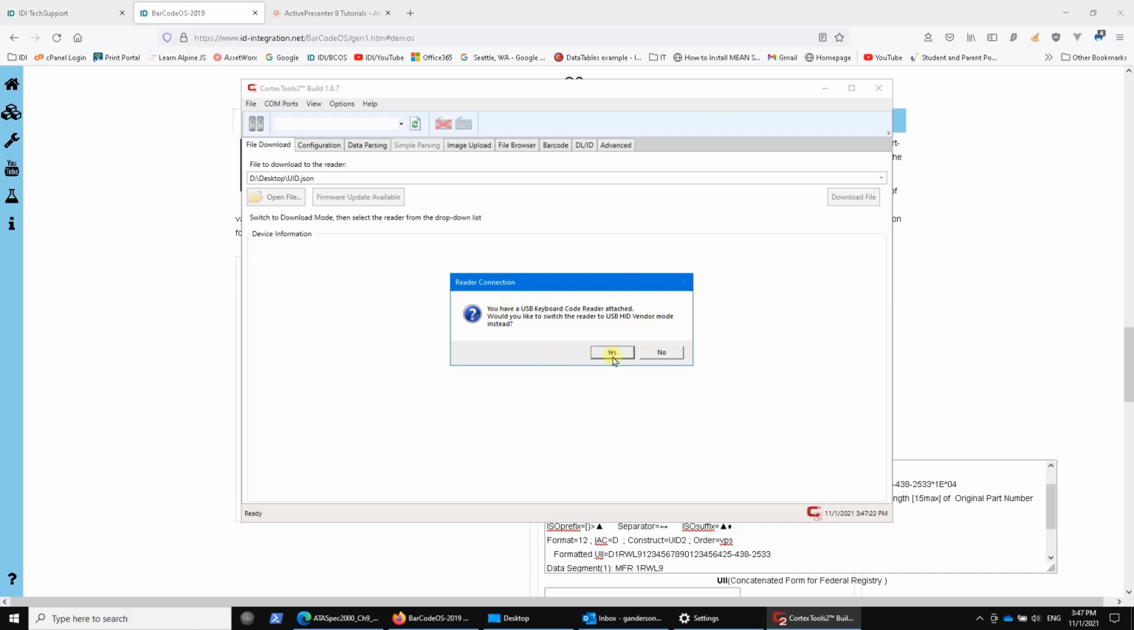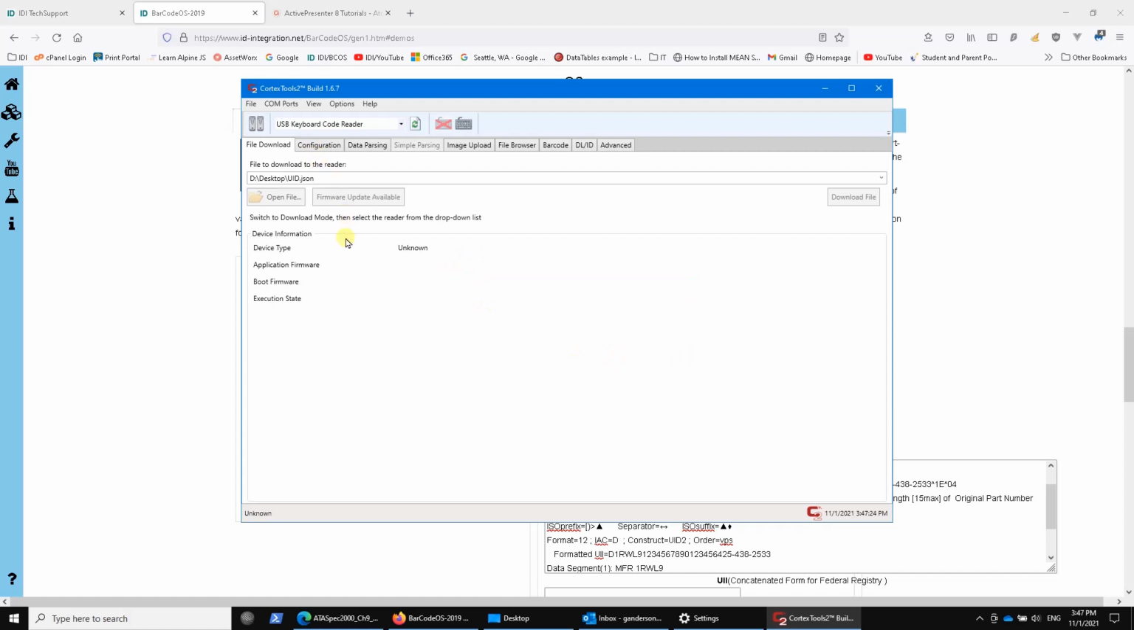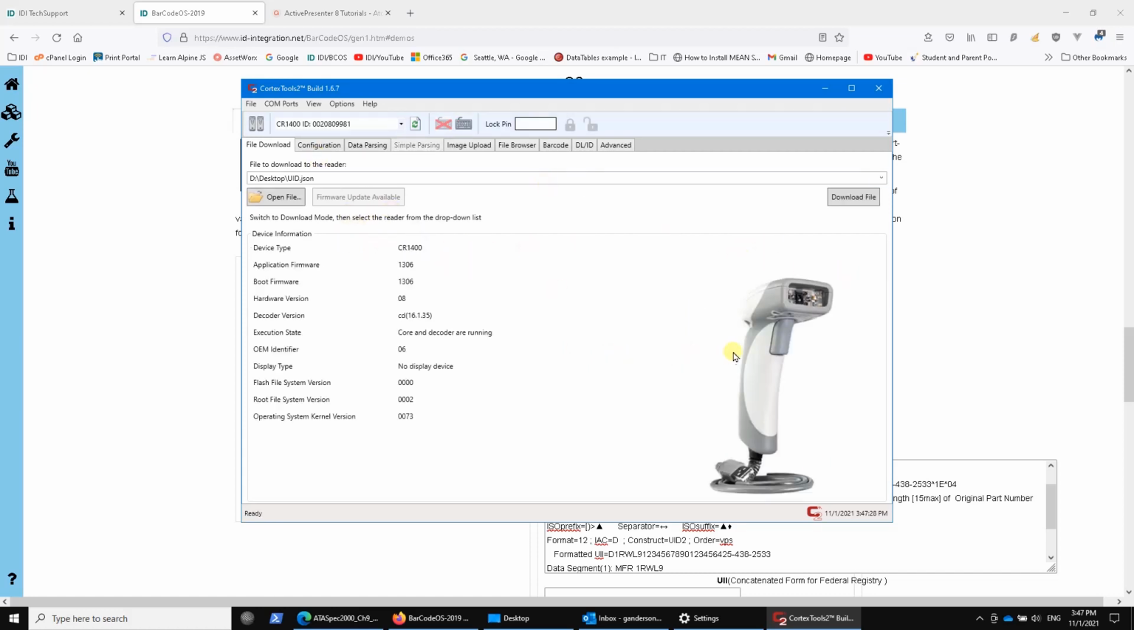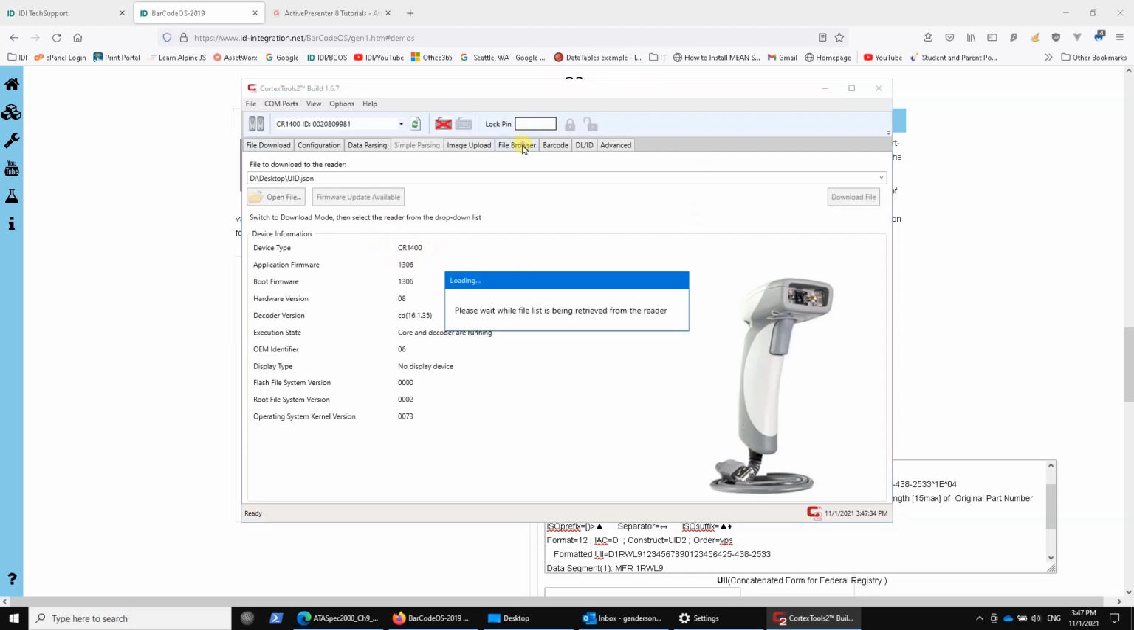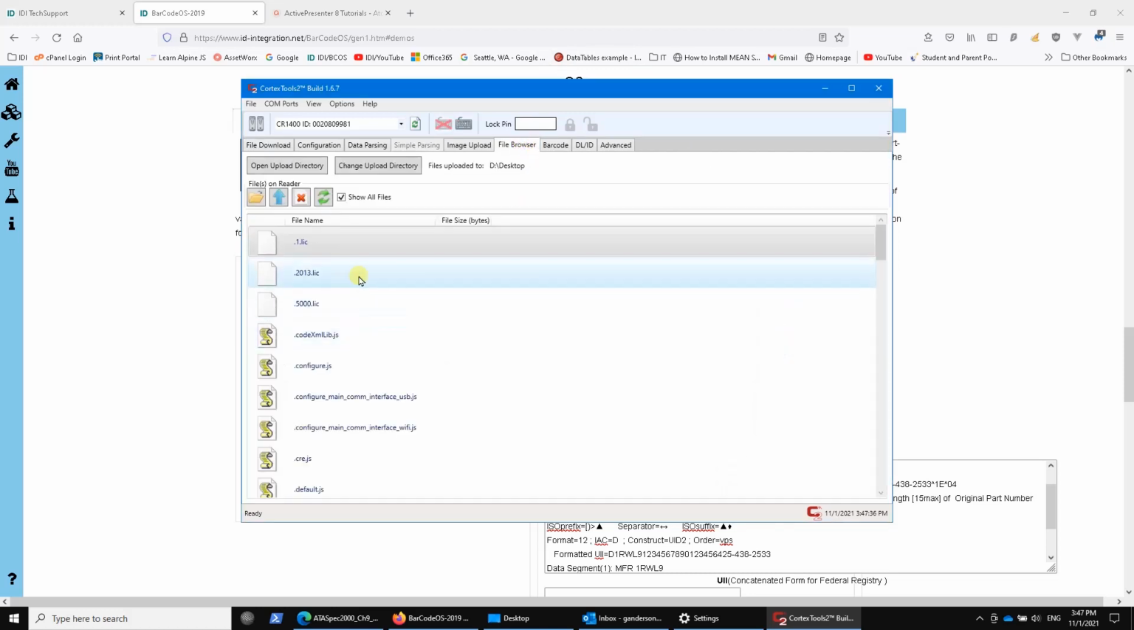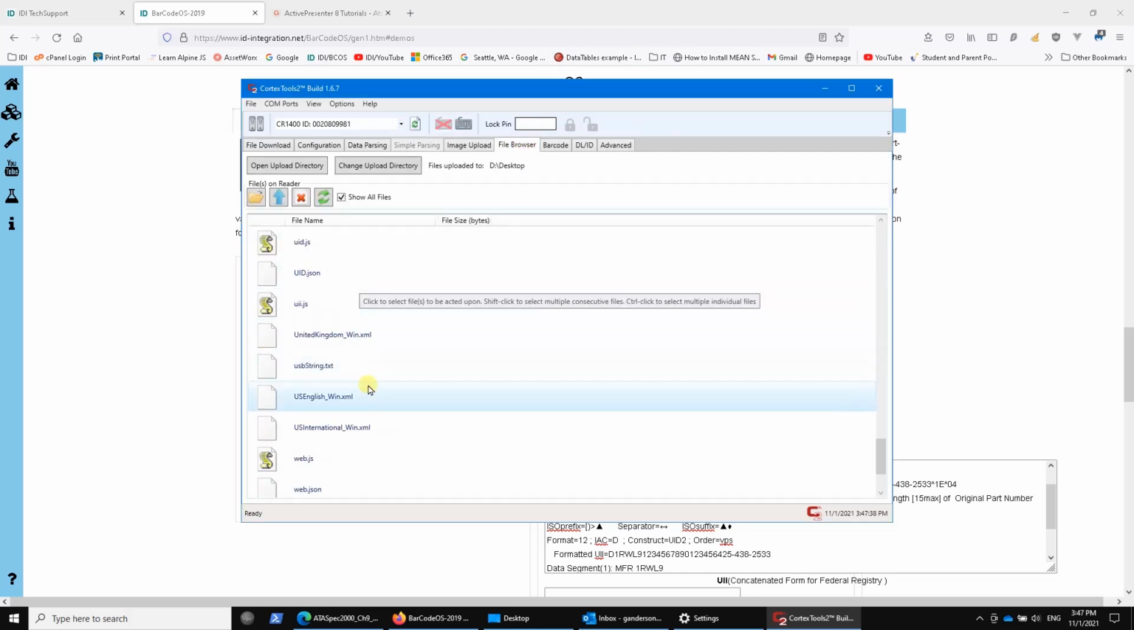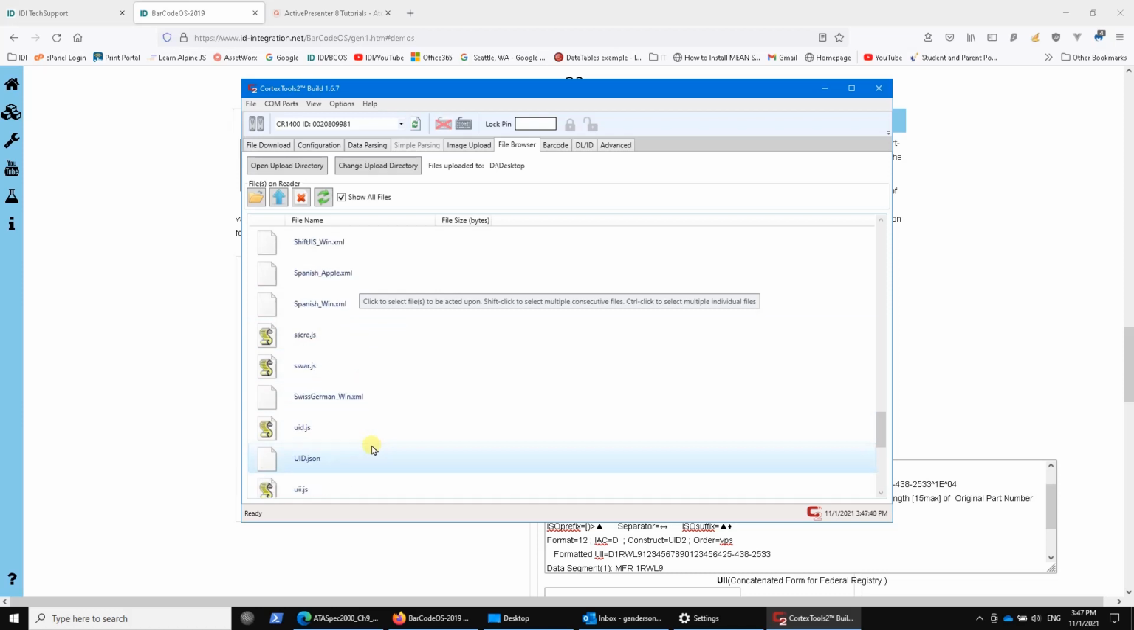You'll get this kind of a message. Go ahead and hit yes, and it will change the driver automatically in your scanner. And there's my scanner. It's a CR1400, so this is an older model, right? And I can go to File Browser. What's really nice about that, I can see all of the files that are loaded on this